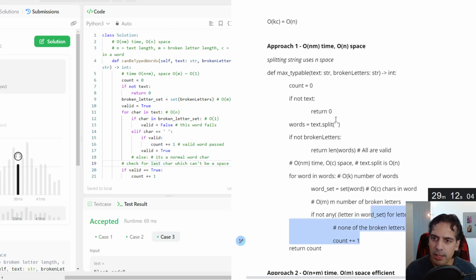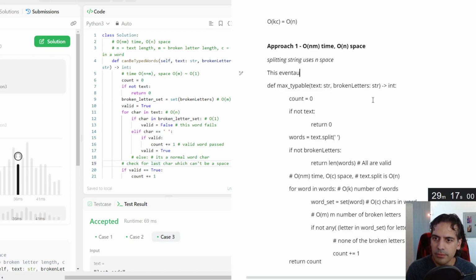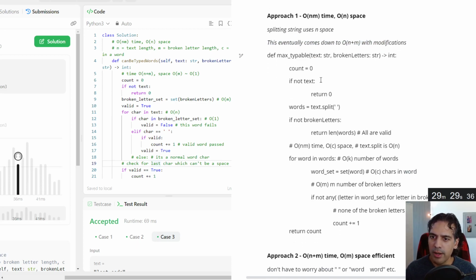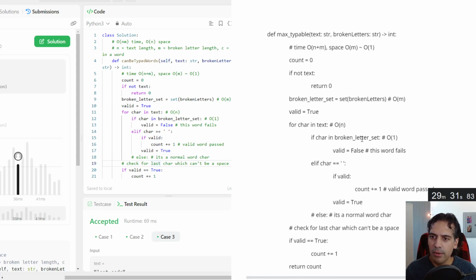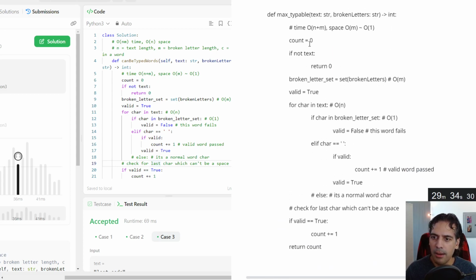Yeah, so this would eventually come down to, with modifications. So that's one of the things that we could have still done with this one right here, but I think the cleanliness of this one without having to split up the string will make for a much better solution, at least in terms of how you show yourself in the interview and your understanding of how to do string manipulation.